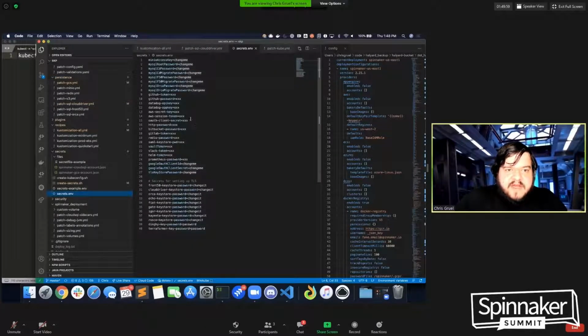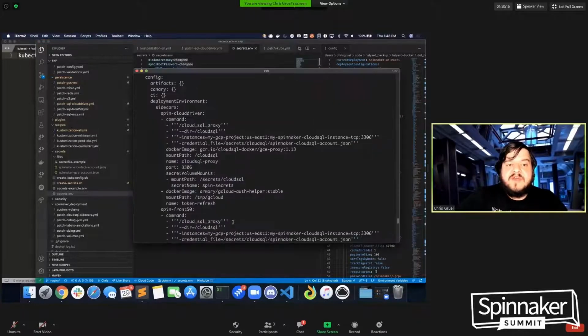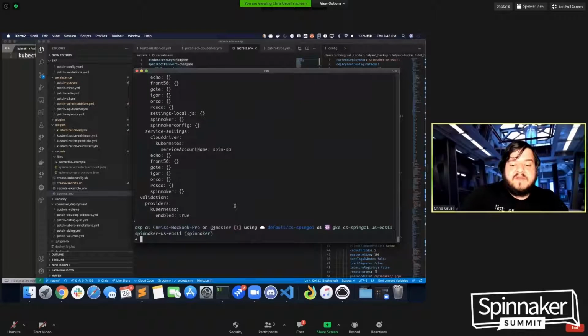But we added those, so they're in here. So we could do the MySQL CD password and change that to what it's supposed to be, and the migrate password, change that to what it's supposed to be. And if we change anything either in the files directory or in the secrets.env, which does not get checked into Git, then we would just come back out here and run the deploy again,